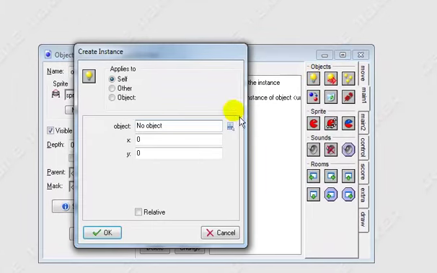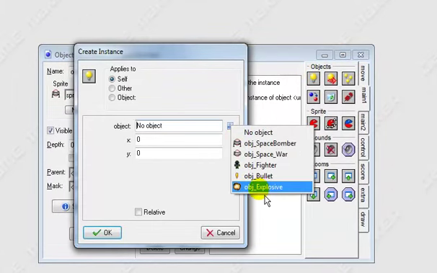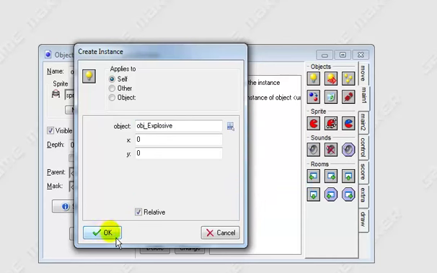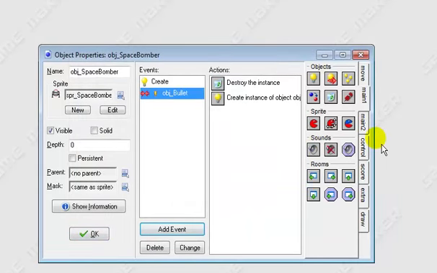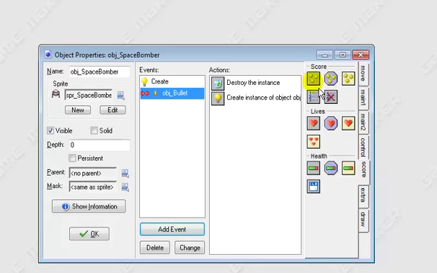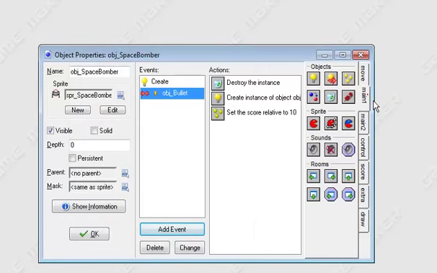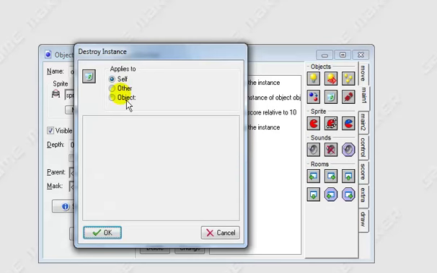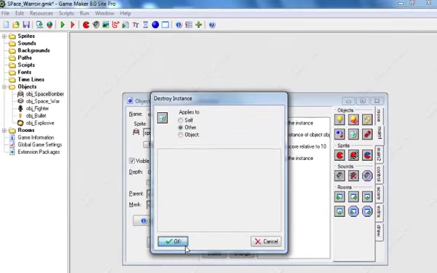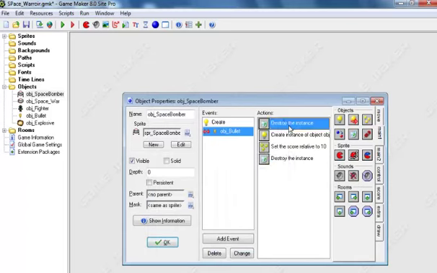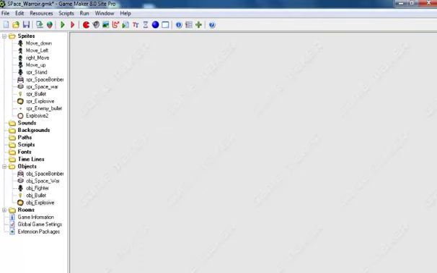Create an instance. Let me explode. Yeah, that's fine. I want the explosion. Then let's award some score, make that relative. Then I will also like this bullet destroyed, so the weapon destroyed, so that's destroy others and destroy self. Okay, that's looking better now, and just click on OK. I will now create